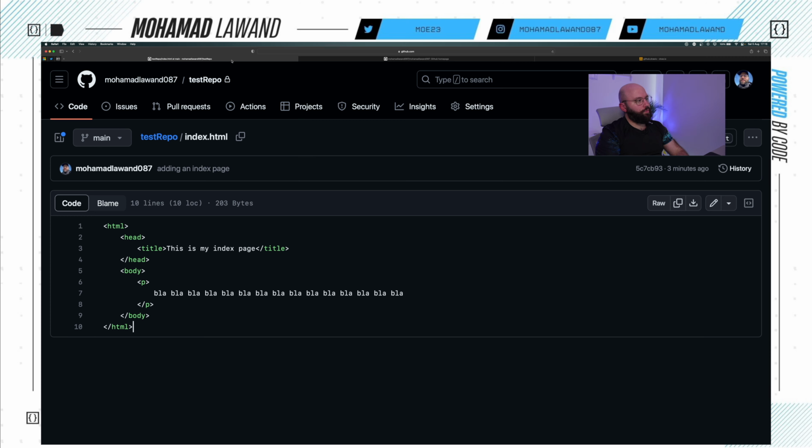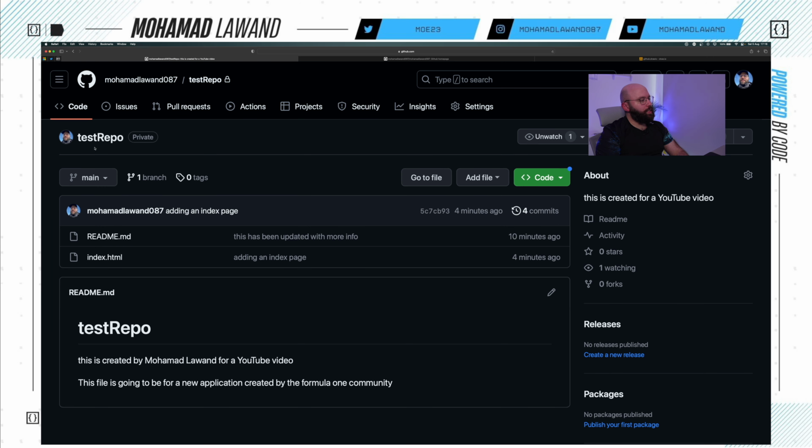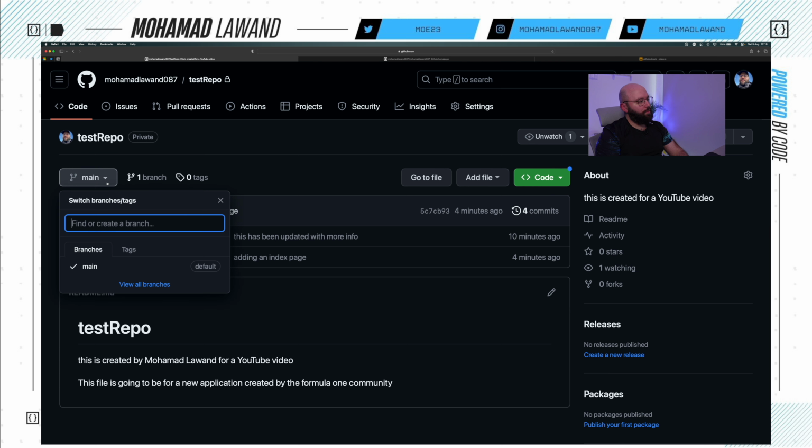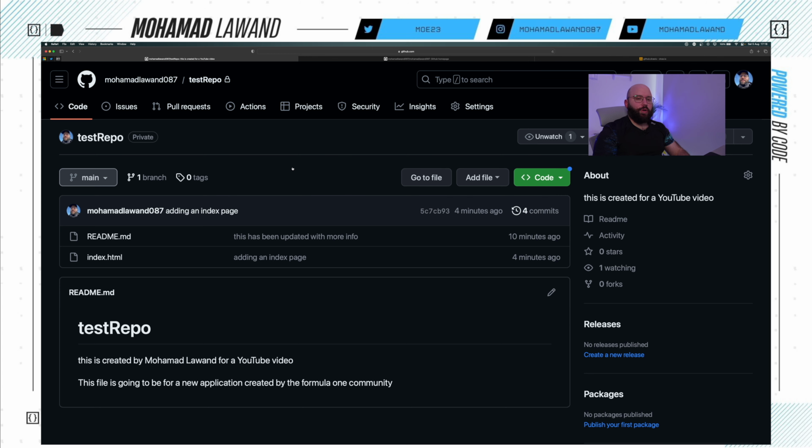And Git makes it really easy for us. So let us illustrate branches. If I go back to my application, I can see here that there's something called main. And if I click on it, it only shows branches and main. So when I create my application on GitHub, it will create a single source of truth, which is called main. And this single source of truth is what I'm currently utilizing in order to store